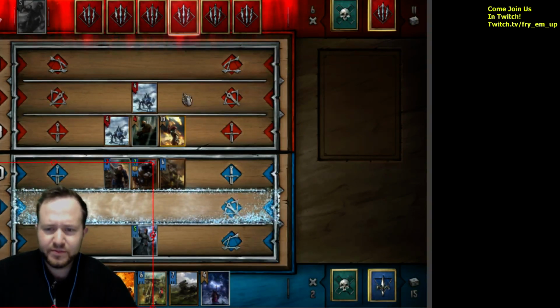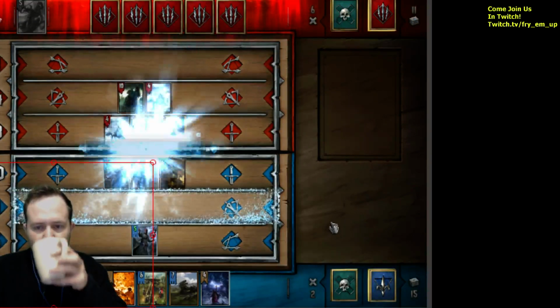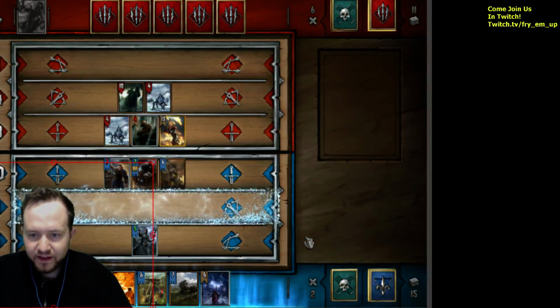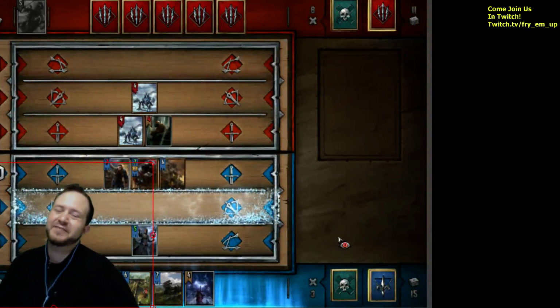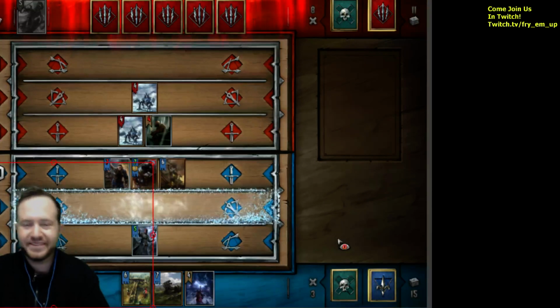He doesn't have a way to replay these, does he? Well, he already used 3 frost, so he doesn't have any frost left. Absolutely useless. He's gonna start using drowners now. This is a really good Scorch, though. This is as good as we'll get. It's a 20. Thanks for playing it to Scorch. If he has 2 minions that are the highest, it will kill both of them. It resolves ties by killing everything, so...